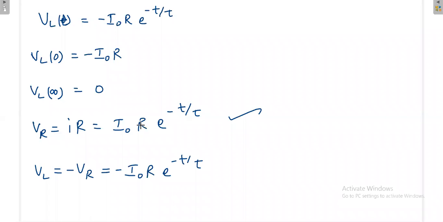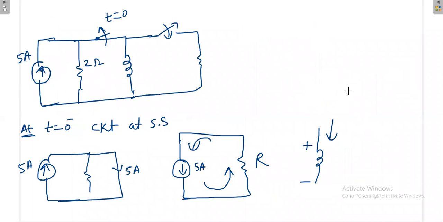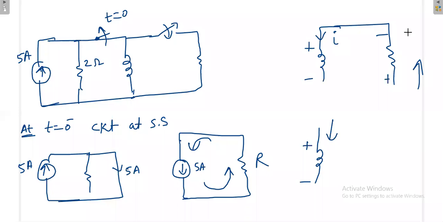Again the same voltage will be applied across the inductor, but here you have a confusion. Here VL we are getting as negative. See what is happening finally. If you see here, finally the current is going like this. That means you will get voltage like this, but as per the convention we took it like this, because for the inductor the current is going like this, but this is the real voltage. The same voltage will be applied here.